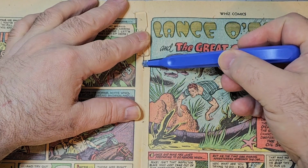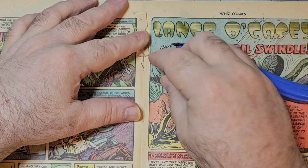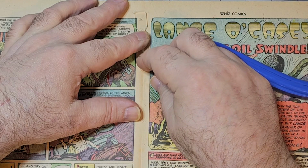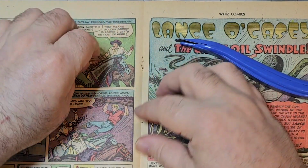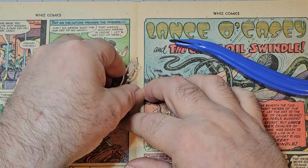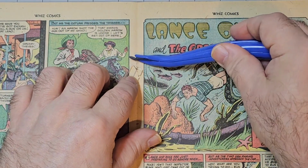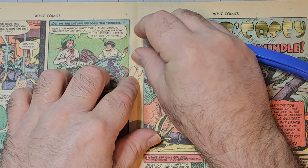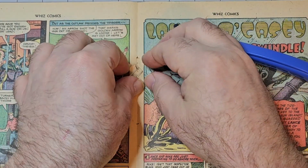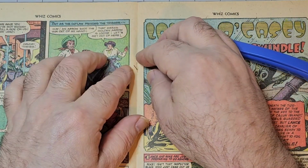But yeah, see how it wiggled on me a little bit? And boy, some more thin staples, like we have that other Captain Marvel book. I'm sure it is probably some kind of cost savings when you're publishing millions of these books a month,